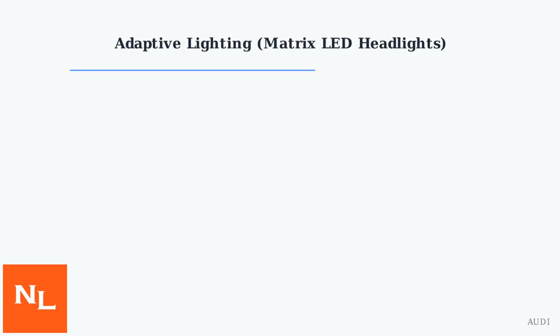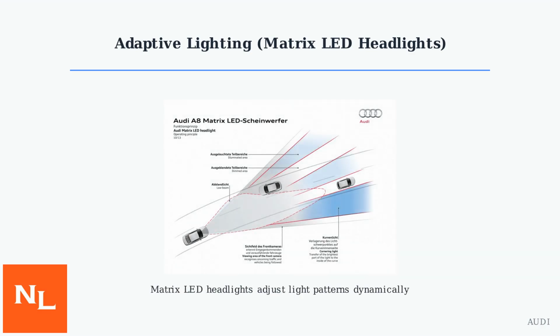Newer Audi A6 C8 models from 2022 onward feature advanced matrix LED headlights that adapt intelligently to driving conditions. These headlights work with the car's advanced driver assistance systems, including adaptive cruise control and lane keeping assist. The matrix LED headlights adjust their light pattern dynamically, creating illuminated and dimmed zones to avoid blinding other drivers while